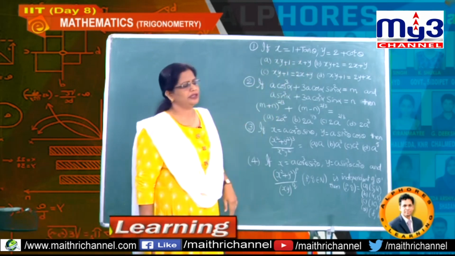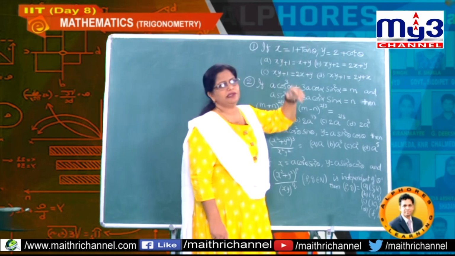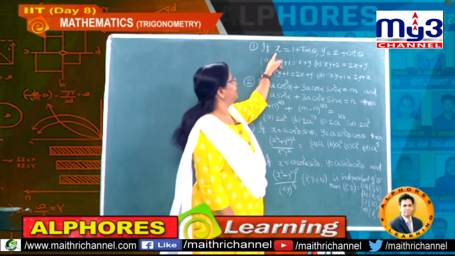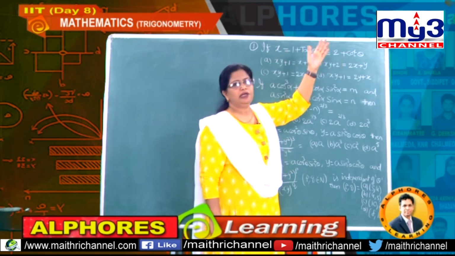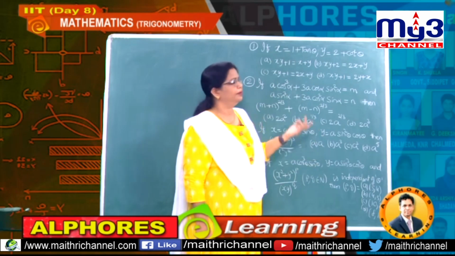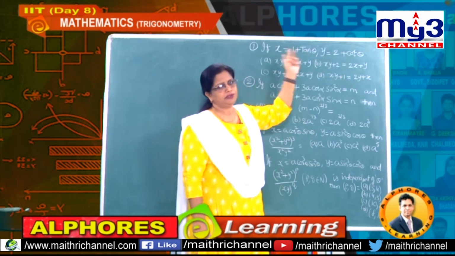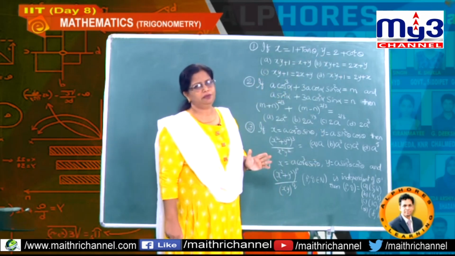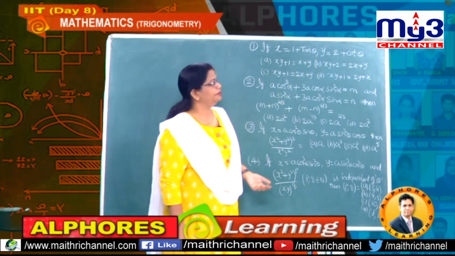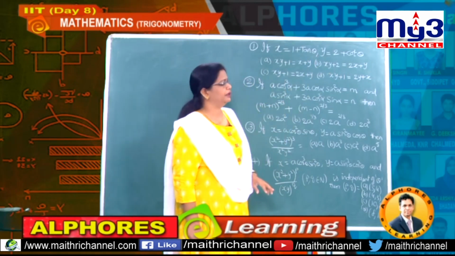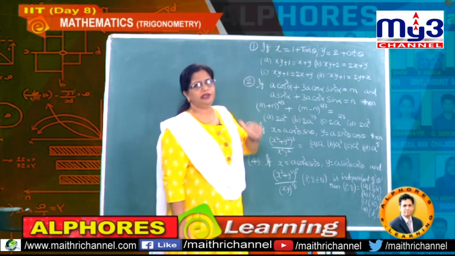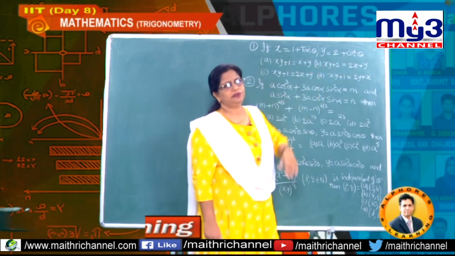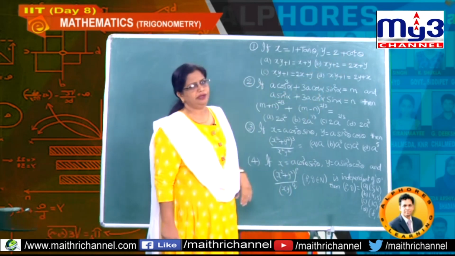thereby you can obtain these kinds of relations. That means if I put theta as 0, then 1 plus tan 0 is 1, so x equals 1. Cot 0 is undefined, so you can't take theta as 0, because it is not common to these two. N pi values you should not take here. That means if you take theta equal to n pi, cot values will become undefined. So common values you have to take. Suppose I take theta as 30 degrees, then 1 plus 1 by root 3, 2 plus root 3. Then you can eliminate theta, understand?